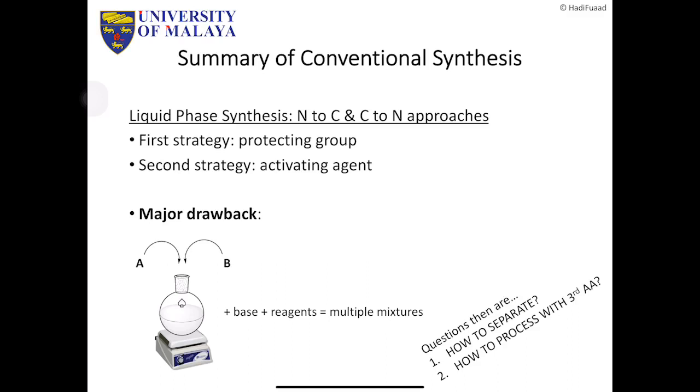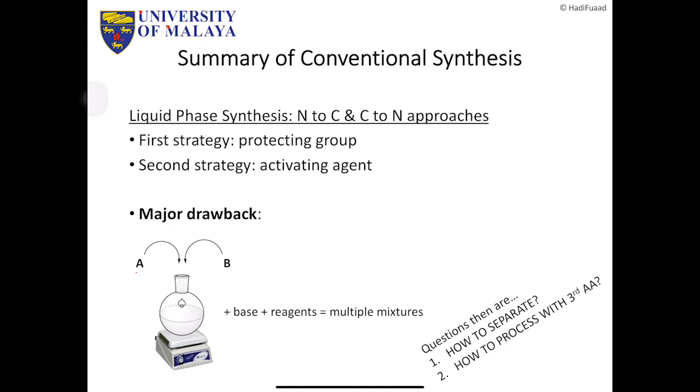All in all, the summary of conventional synthesis. In liquid phase synthesis, where you have N to C or C to N approaches, we have two strategies to promote an efficient synthesis. The first strategy is to use a protecting group, either on the N or the C terminal of the amino acid. The second strategy is to use an activating agent to lower the activation energy of your carboxylic acid functional groups. So since you can now synthesize peptides in a solution, but there are also still